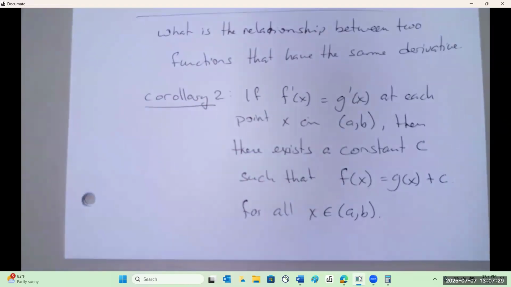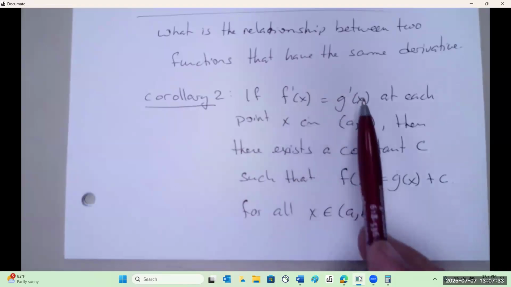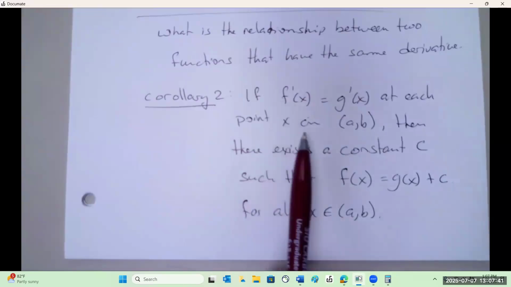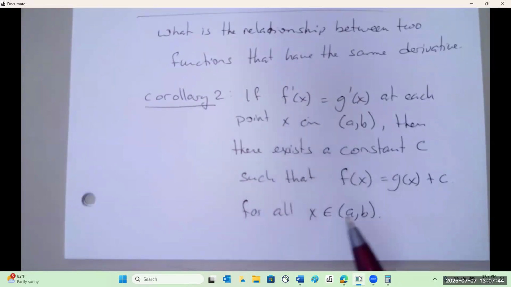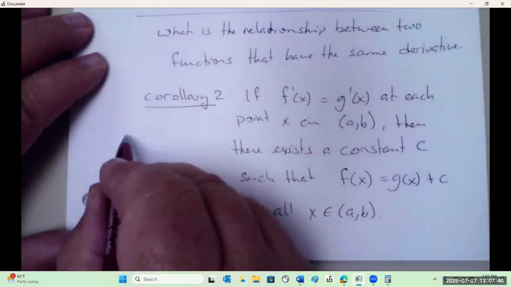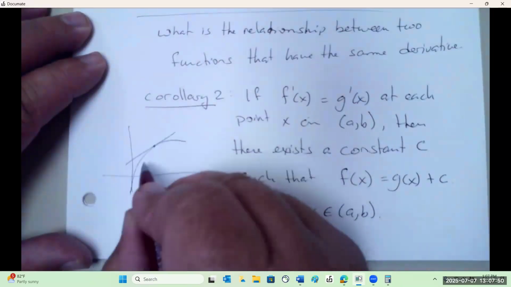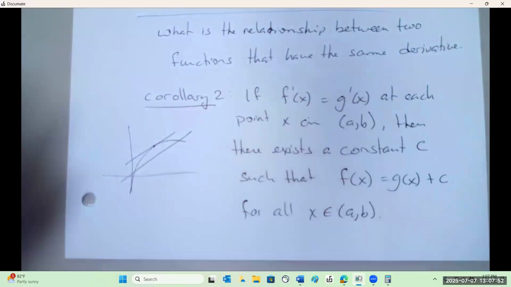Let's look at this as a picture. If f prime of x equals g prime of x, what does that mean? What does the derivative tell us? The slope. So if we have two slopes that are the same, then the only thing that's making them different